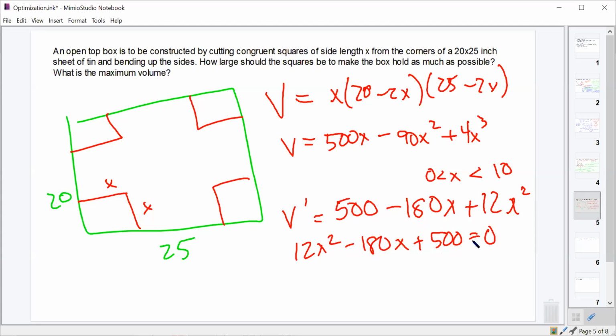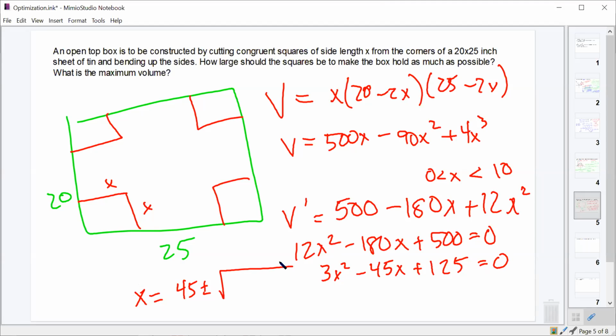Well, it might be easier if we just simplify a bit first. You can at least divide them all by 2, right? We can divide them all by 4. I think 3x squared minus 45x plus 125 equals 0. And does that factor nicely or no? No? All right, well, then we'll end up with x equals 45 plus or minus the square root of